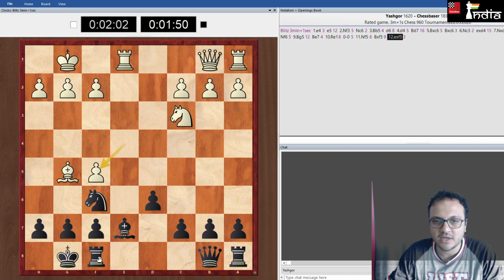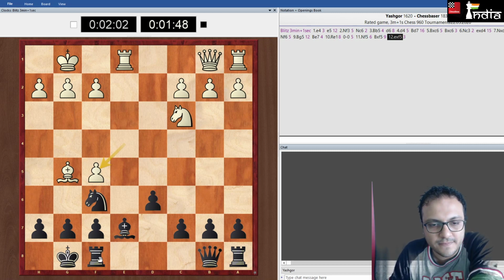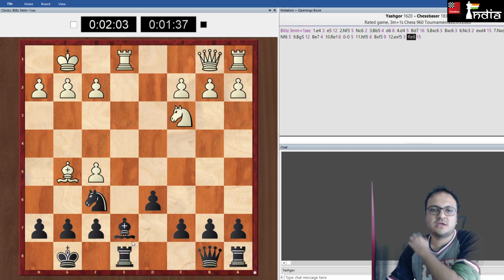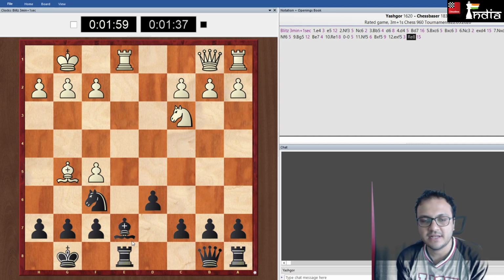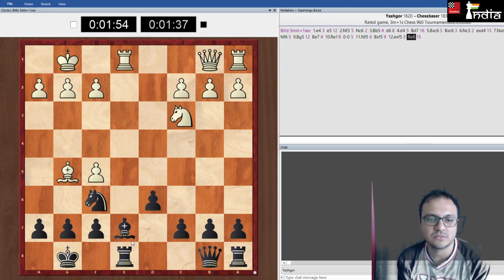And now can I do rook e8? I was thinking of rook e8. White has some space, but I want to play c6, d5, and just claim that I'm doing okay.